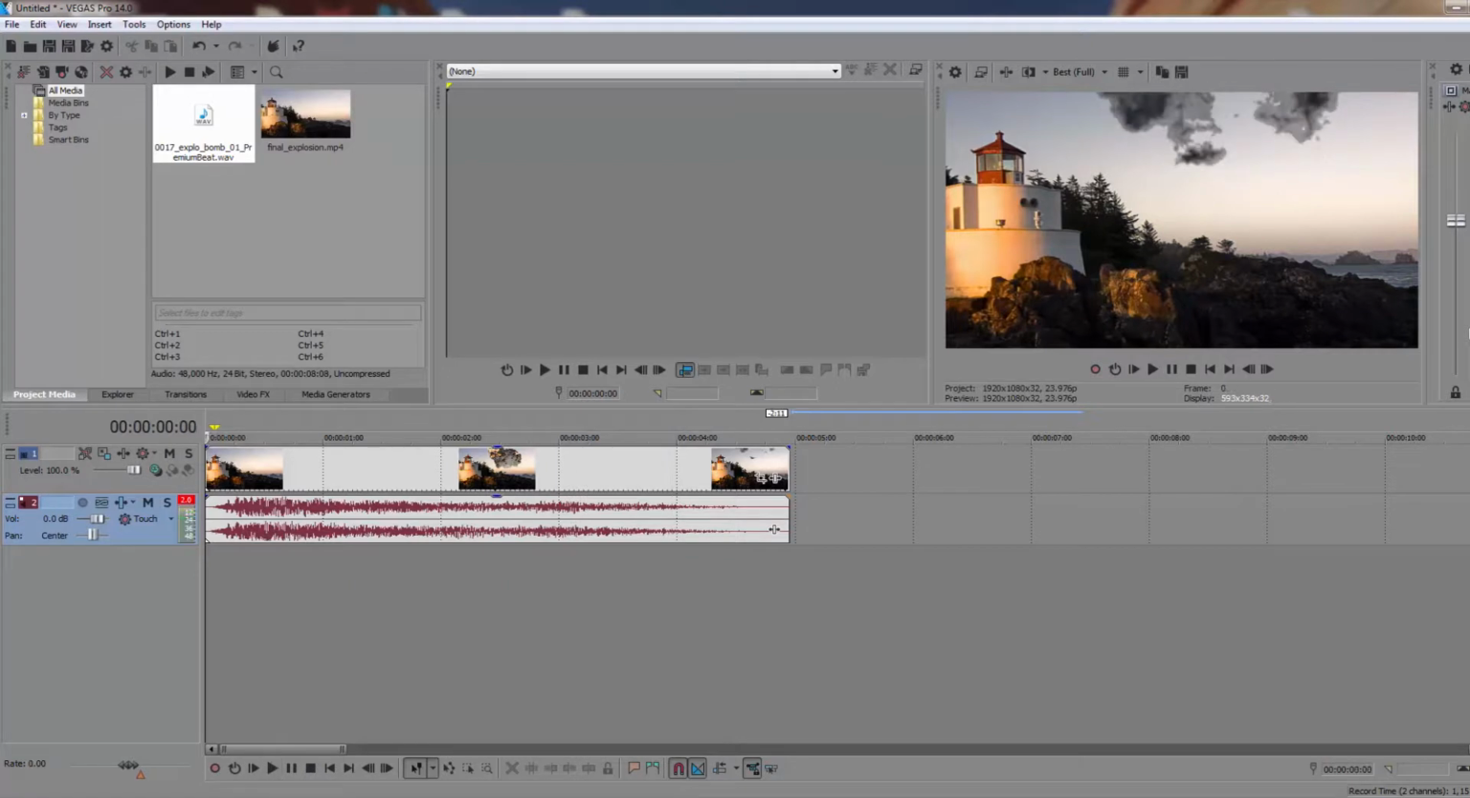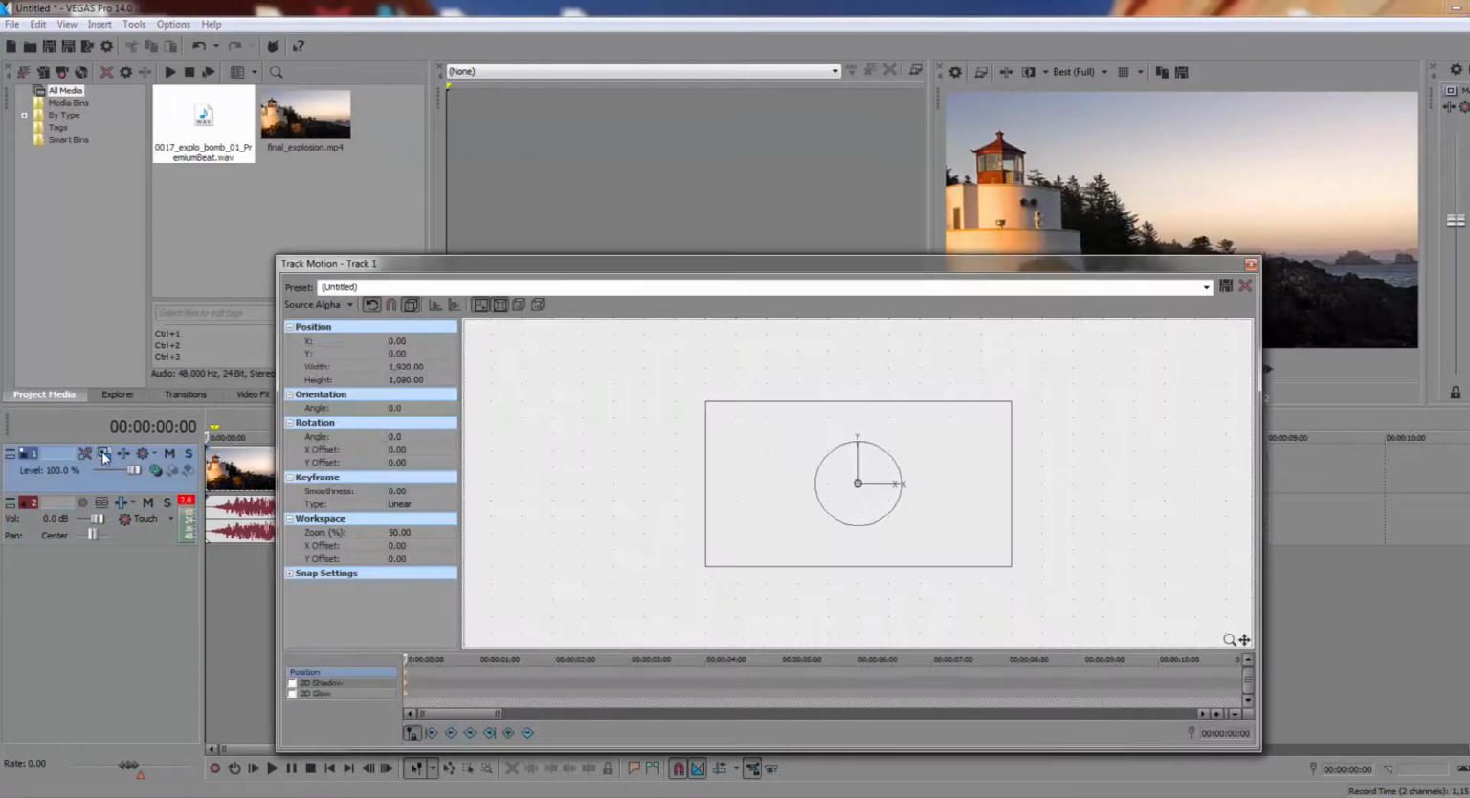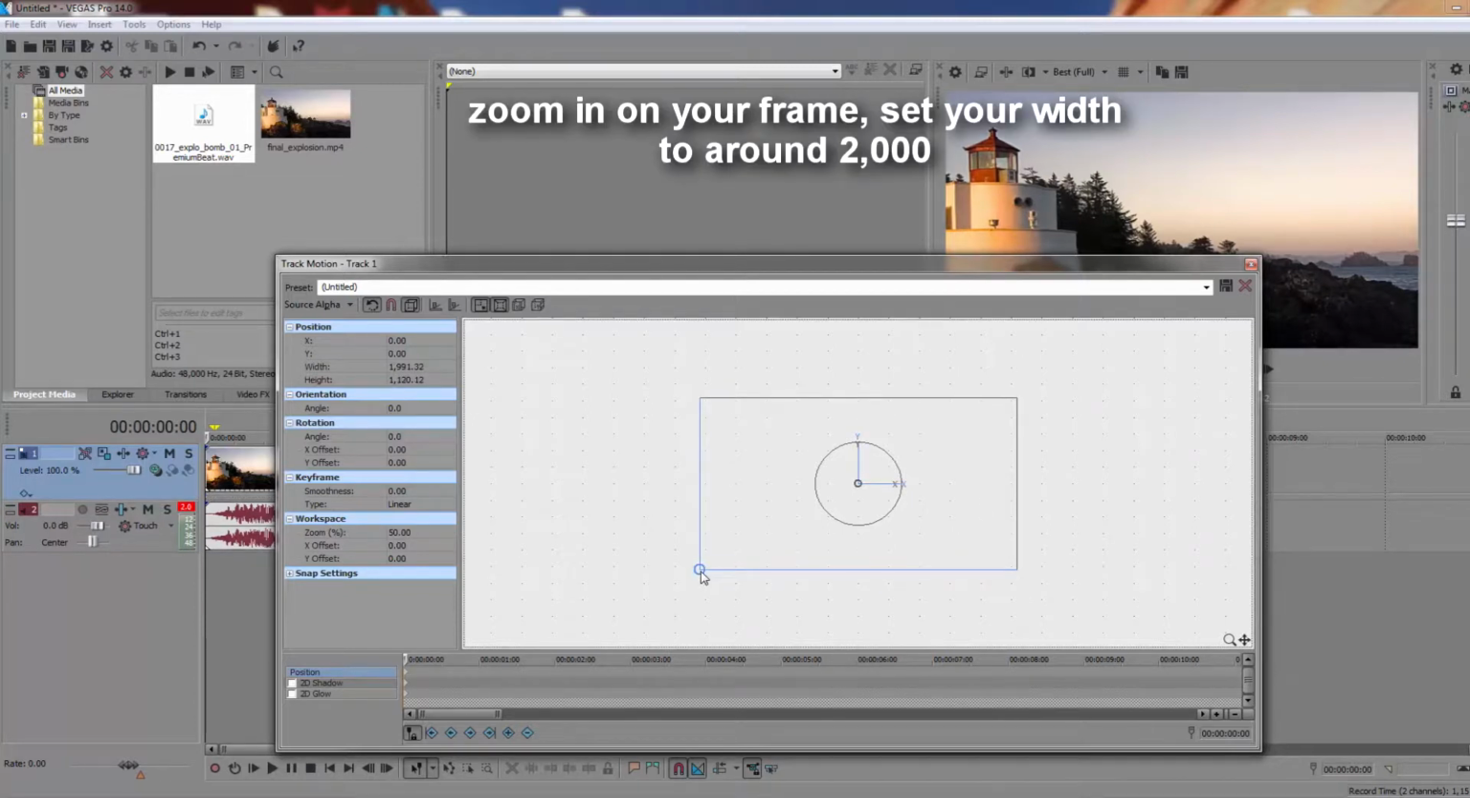All you really got to do is go into track motion. So what you do is you go onto your video track and you click right there and you go into track motion. First thing you've got to do is crop in a little bit, and you do that by clicking in the corner and look at your size, 1920 by 1080. So what you want to do is pull out a little bit until your width is closer to 2000,